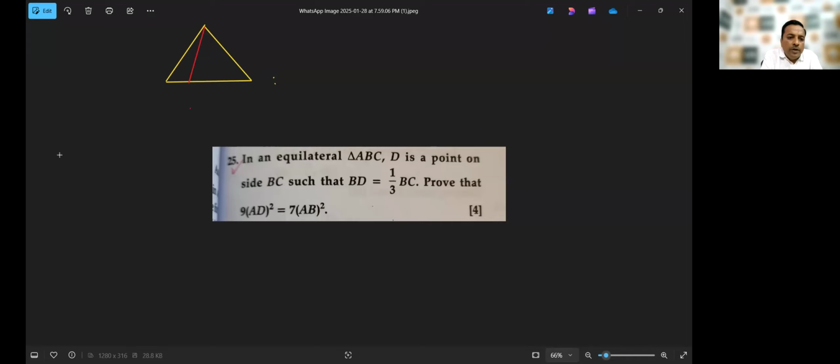So the points are: this is A, this is B, this is C, this is D. Okay. So already we have AB is equal to BC is equal to CA. All these are the sides of the equilateral triangle. And then BD is equal to 1/3 of BC. This is given. Okay. And prove करना है